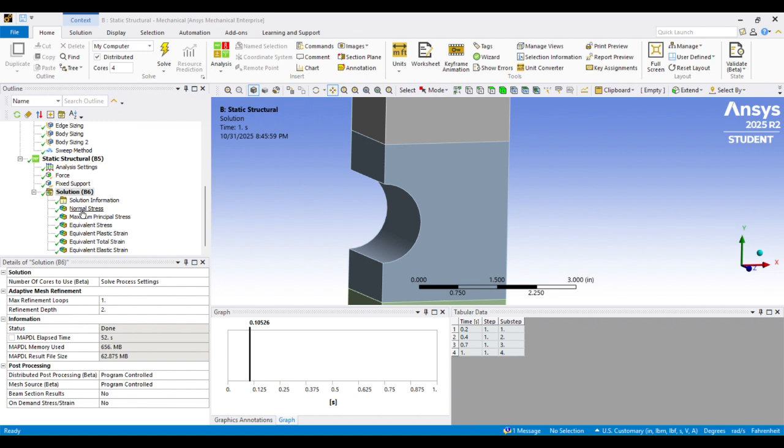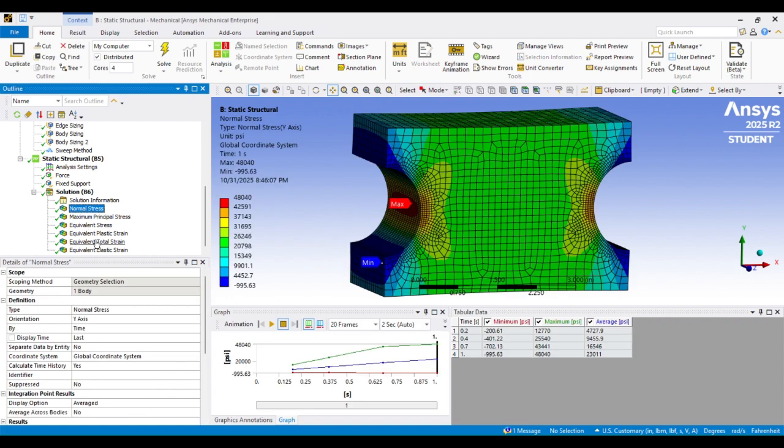And it's solved. So now if we look at our normal stress,